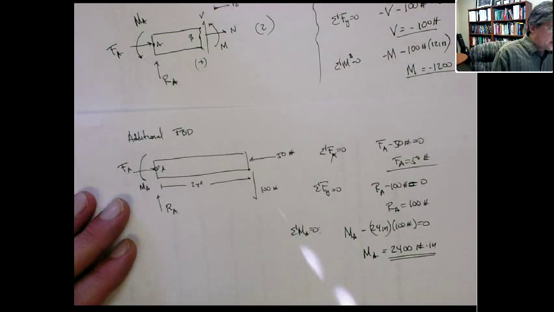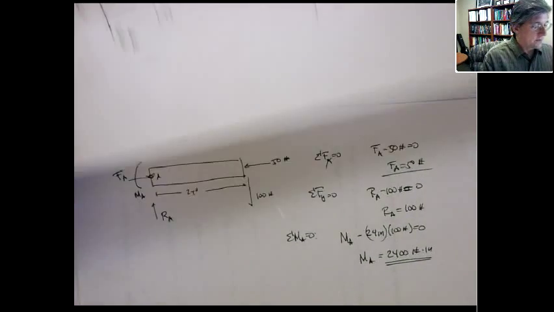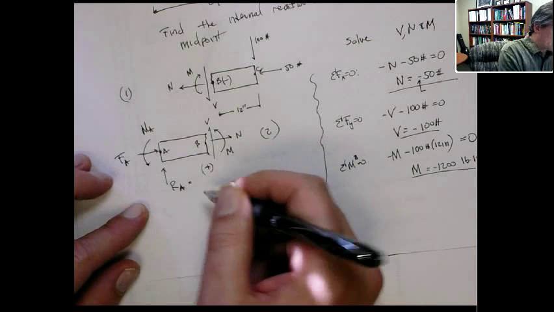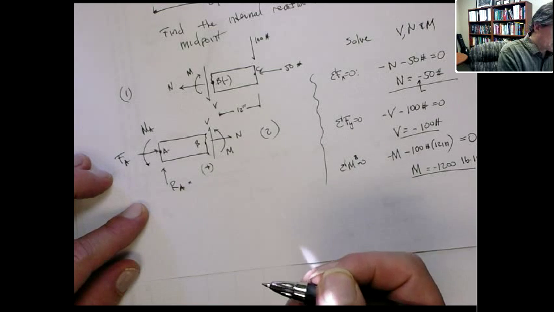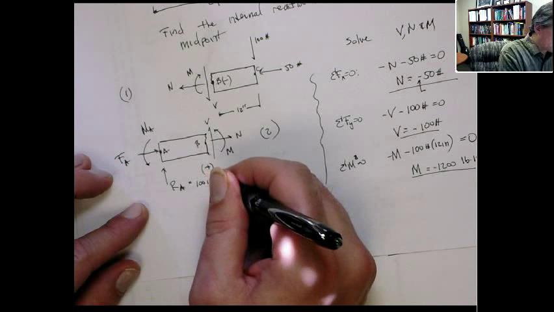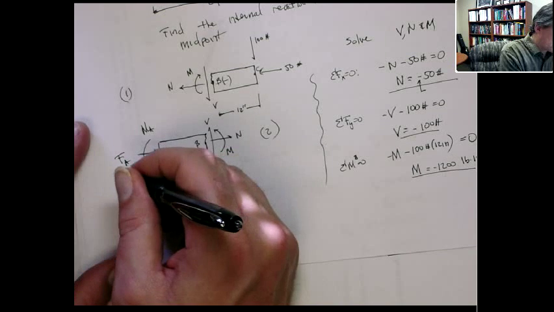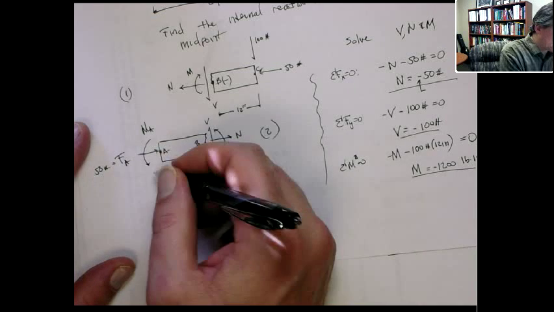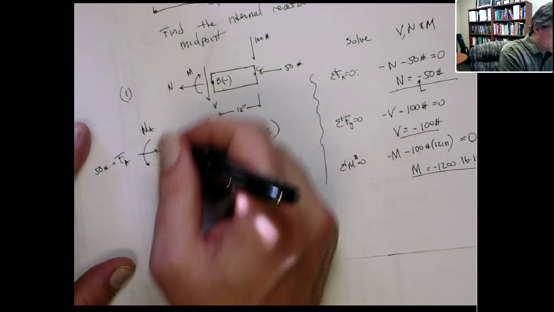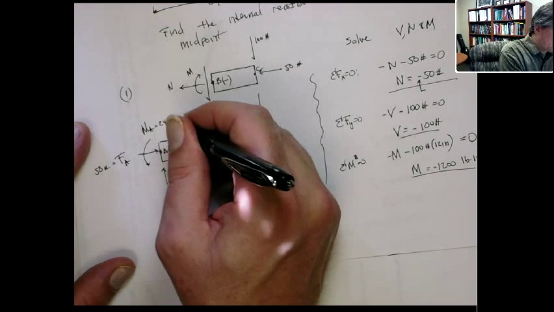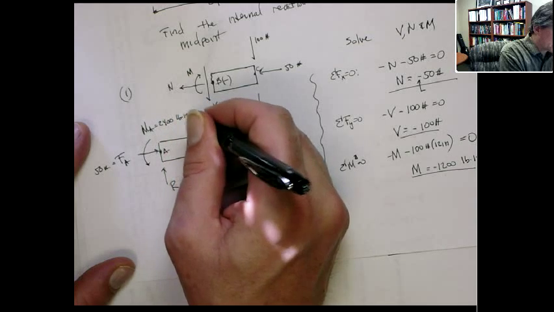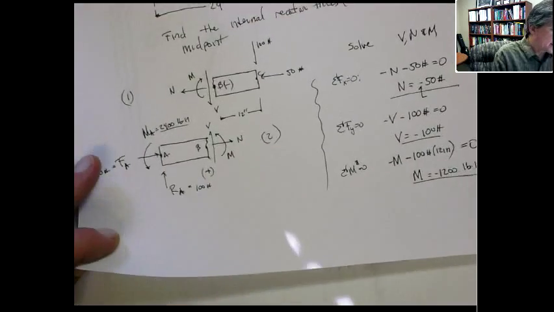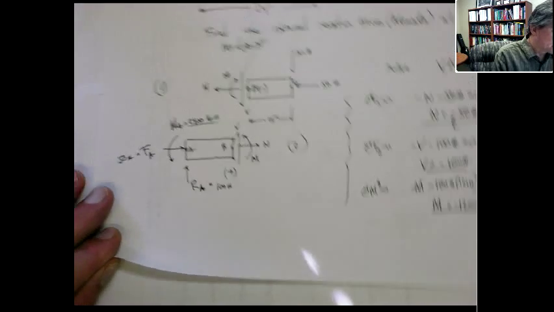Okay, so now we have those. Let's go back and visit this diagram. I know that this is equal to 100 pounds. It's going up. This is equal to 50 pounds, and this is equal to 2,400 pound inches. Okay? Now, with that, I can do